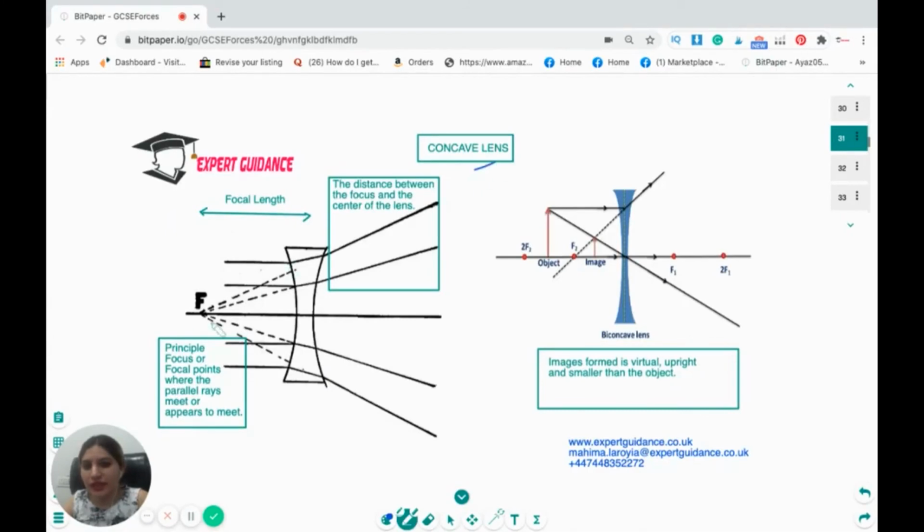Now, for the concave lens, you need to remember some of the points. A principal focus, or the focus, is the point where the parallel rays meet or appear to meet. And the distance between the center of the lens and the focus is known as the focal length. Now, if this is my lens, this is my focus, this is the double focus. Suppose I place an object between the focus and the center,